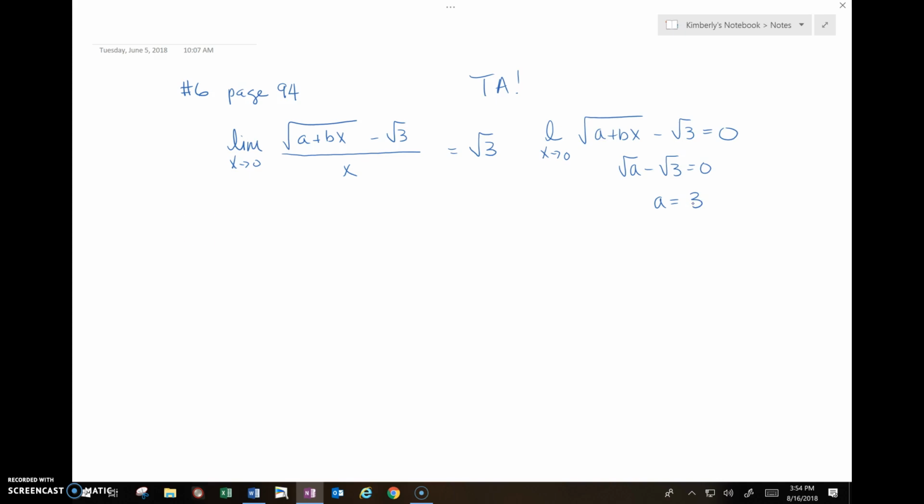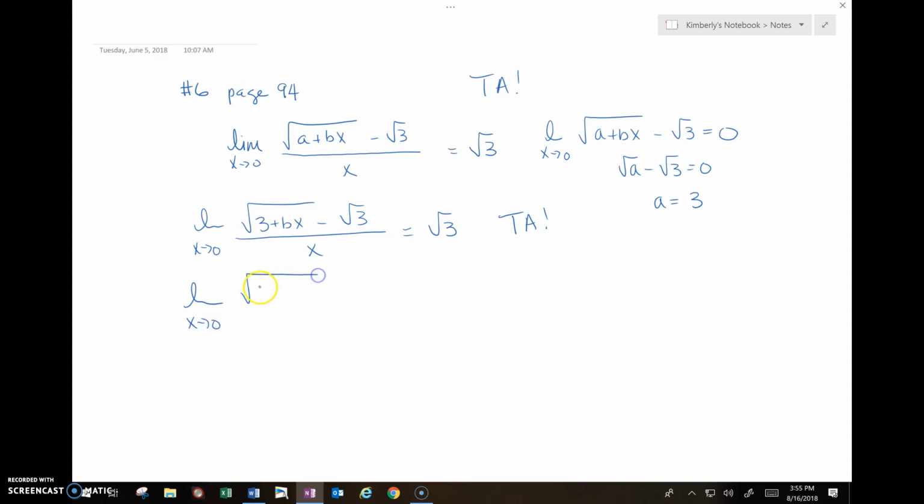So now this problem becomes much more straightforward to solve for b. So the limit as x goes to 0 of the square root of 3 plus bx minus root 3, all over x, equals root 3. And so now you do see that you have the 0 over 0, and you know again to, wait for it, take action. So because this is the difference of two radicals, the technique we're going to use is